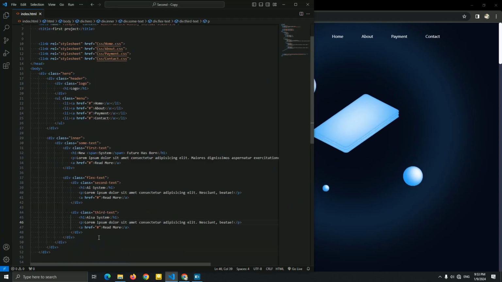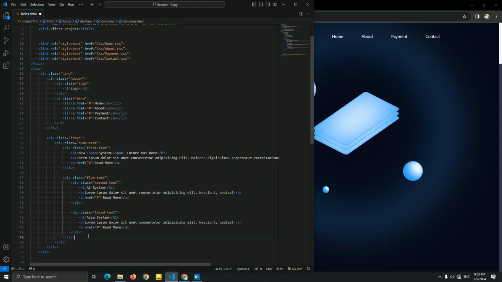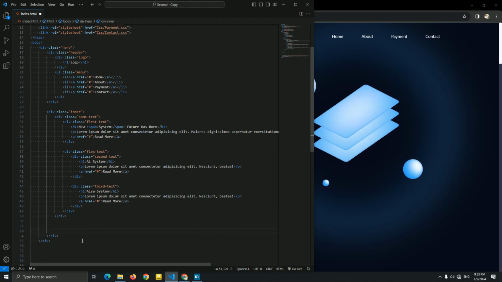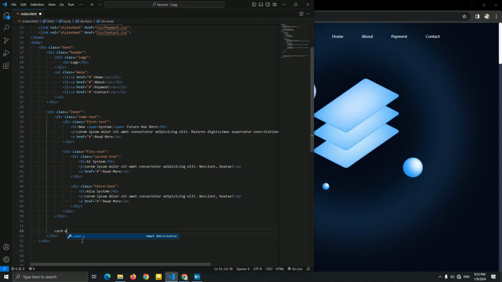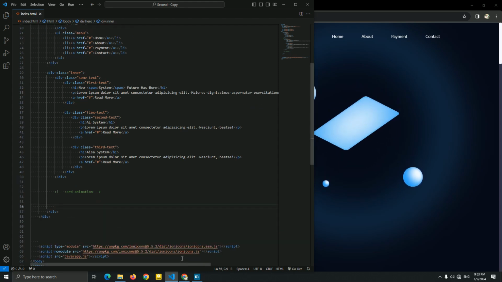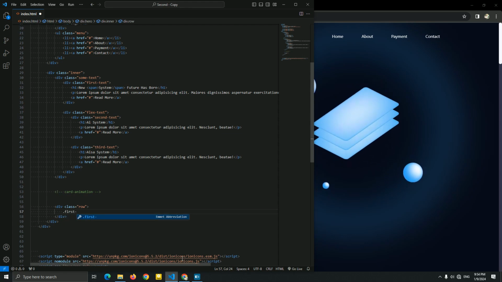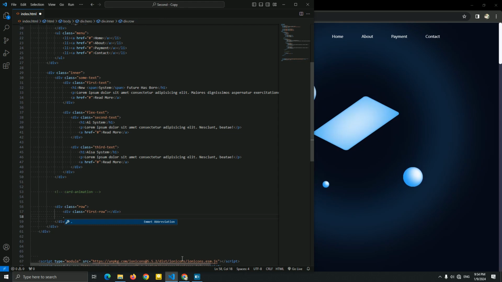Now let's go to create this card of this three card and this three circle, as you can see it. So now inside the inner, I'm gonna create another div. I'm sorry, let me just create a comment card animation. This is our comment. Now I'm gonna name it sample row, and now I'm gonna create a first row. We don't need to style it, just add a simple div to add a display grid inside of this row, just like I said. Okay, and now let's go to get this card.